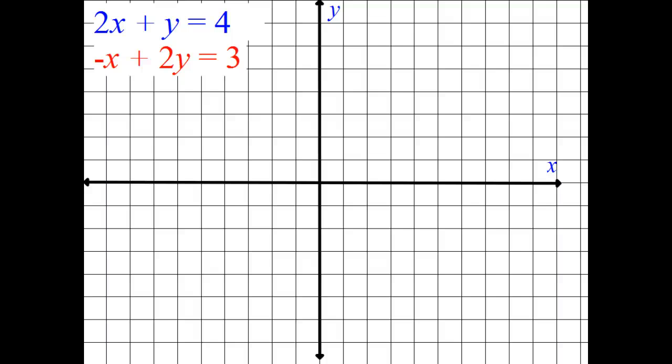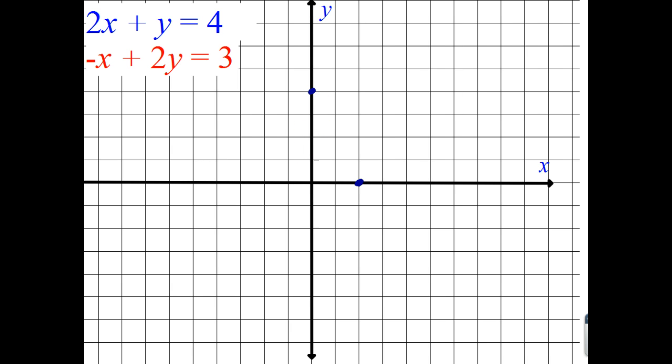Let's see, how are we going to graph this? We have a couple options here. We have standard form, so we can use intercepts, or we can use slope-intercept. In this case, I've got 4, and I can divide that by 2 and by 1, so I'm going to use intercepts there. So if I look at my intercept, 2x is equal to 4, so x is going to be equal to 2. And then my y-intercept is just going to be 4, so 1, 2, 3, 4. All right, and then I have my line,